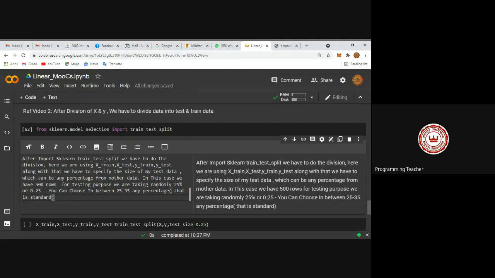Because if you are using too much data for testing, then how can you tally the result? At the end of the day, you have to do a comparison study: if your 25% report trend and the 75% remaining original data trend match, then you can say my predictions are correct. But if you are taking 80% data for testing, then how can you conclude my predictions are correct? That is the challenge. Got the point? That's why for testing we should not take too much data.